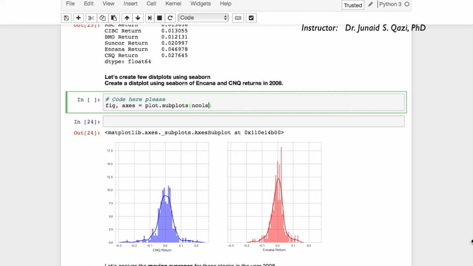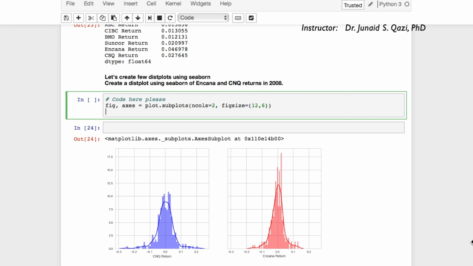We have 1 row and 2 columns. Let's set the figsize to 12 and 6, and then call